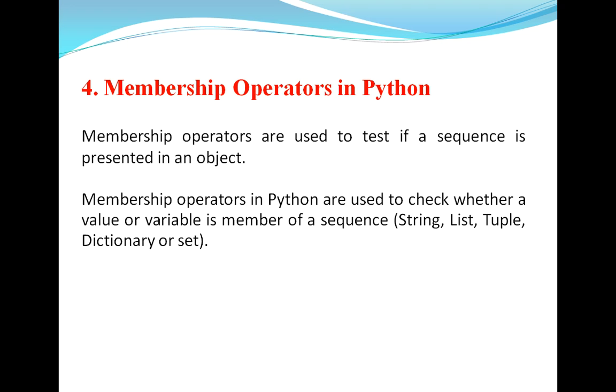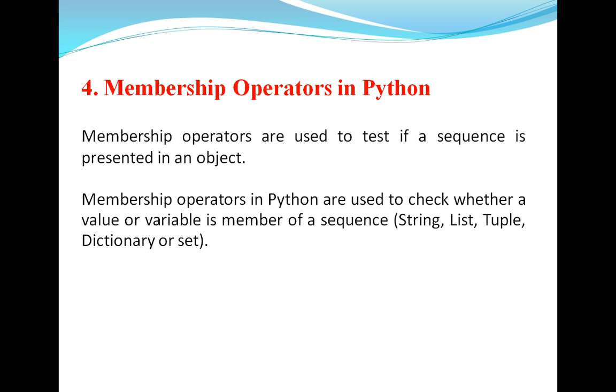Next part is the membership operator. Last operator is the membership operator. Let's explain the membership operator with a very simple example, let's take the example of a sport club. In a sport club, if we are a member of the club, they will allow us to enter. If we are not a member of the club, they won't allow us. That means if you want to check whether the element is a member of the list or not,